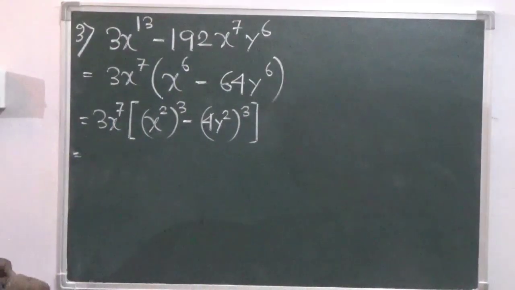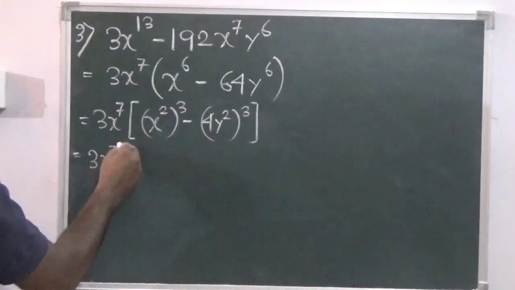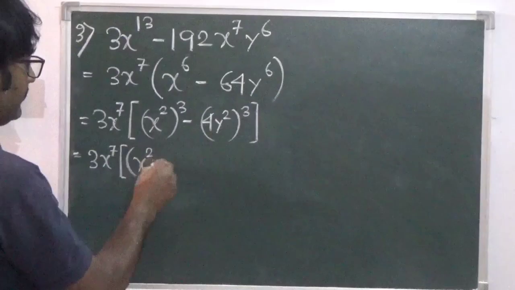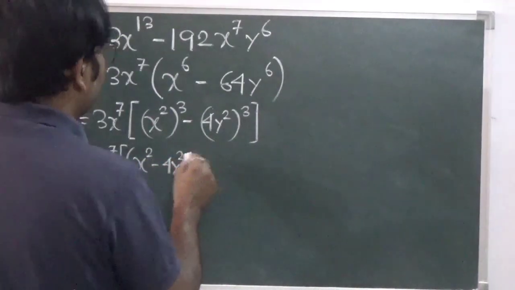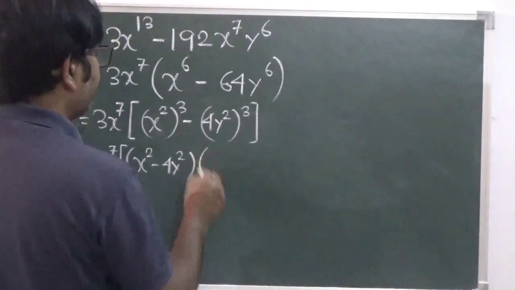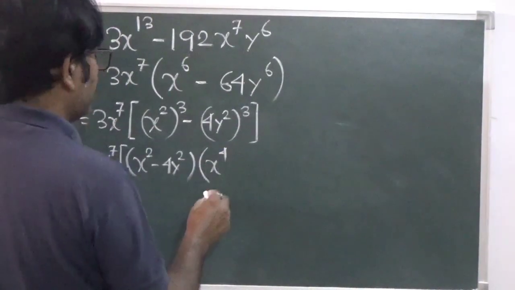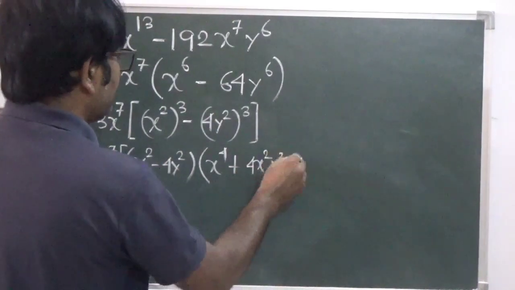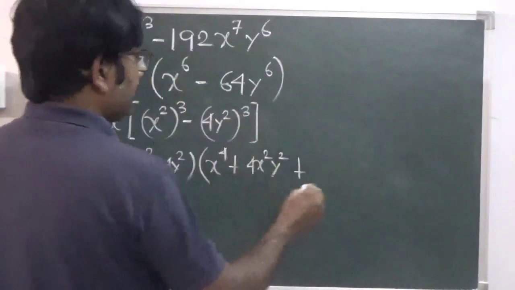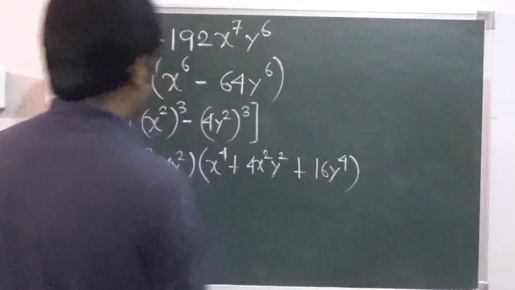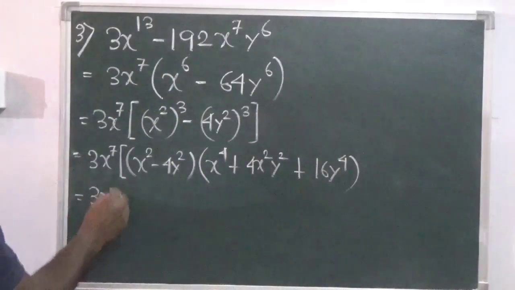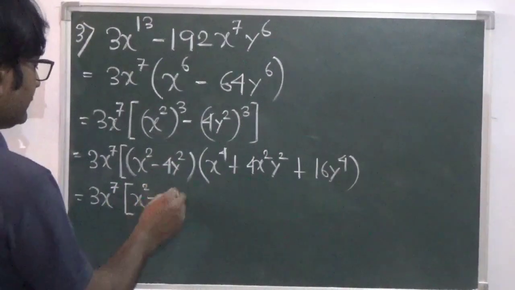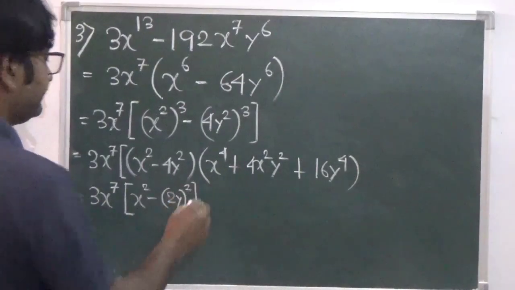So now 3x to the power 7, a square minus b square, a cube minus b cube, that is a minus b into a square, that is x power 4, plus ab, that is plus 4 x square y square, plus b square, that is this square, that is 16 y to the power 4. So this is 3x to the power of 7, and this is x square minus, you can write it as x square minus 2y square,